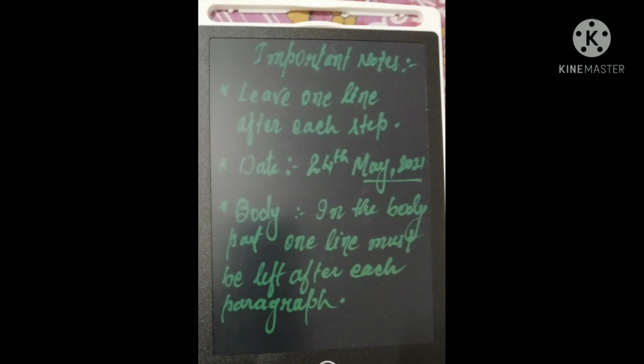The second note says that date. You have to keep in mind one thing, and it must be followed very strictly: while you write the date, it should be written 24th May, and after the name of the month, you have to put a comma, and later on write the year. If you don't put the comma, your 1 mark may be in danger.